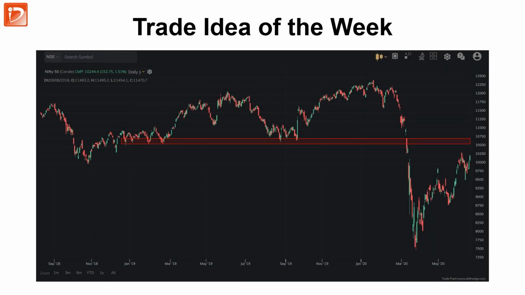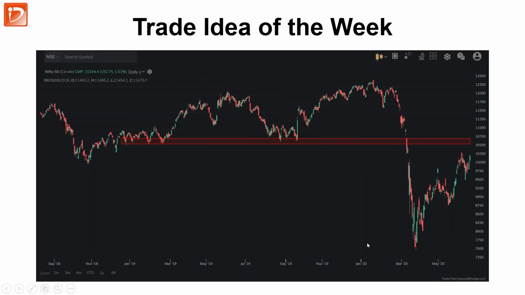For this week's trade idea, many parameters like the open interest of the options suggest that we might see a sideways market, or even that the market might go down. We also see that there might be resistance. Even if the market goes up, there is a resistance band around 10,700, 10,750. There is resistance as well as a gap.